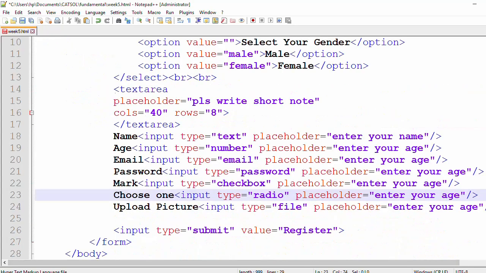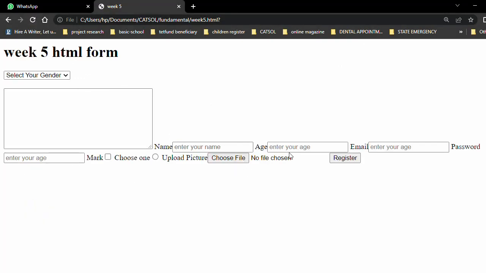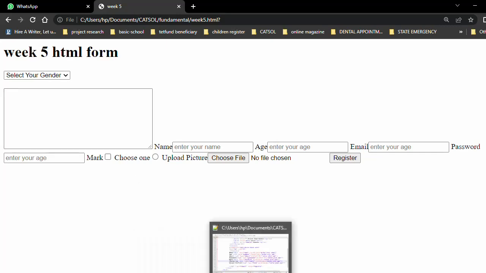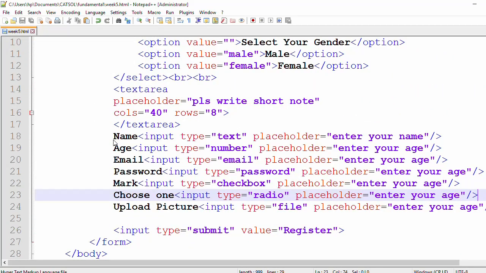Now if we save this file and refresh it here, you see that this one has breaks, and all of them go in a straight line like that. So now what I would do here is make all my